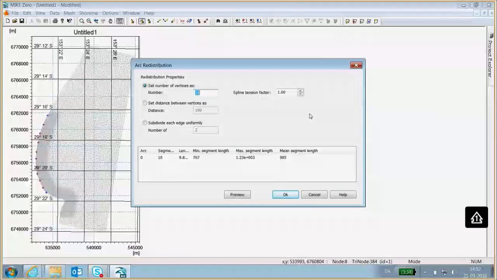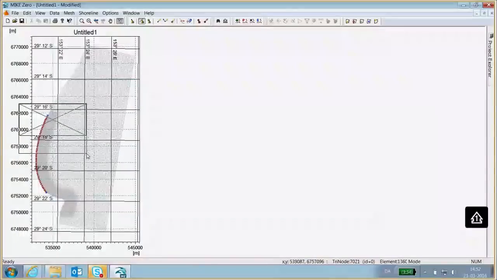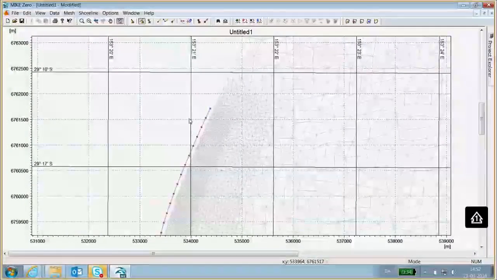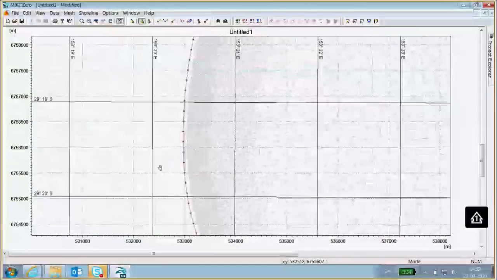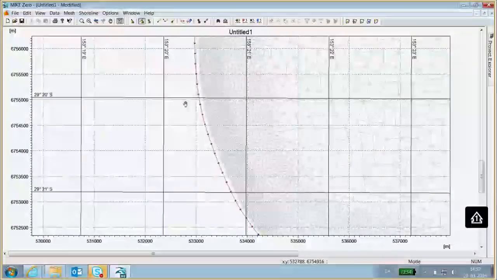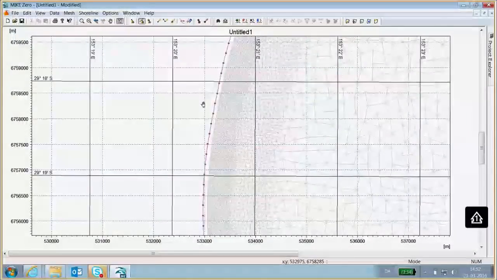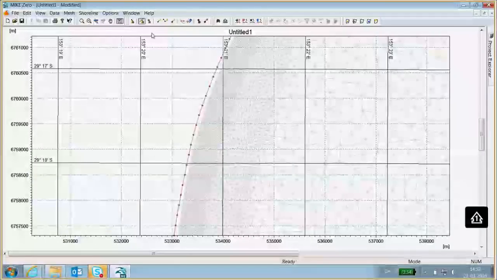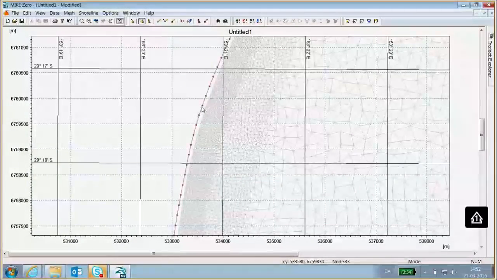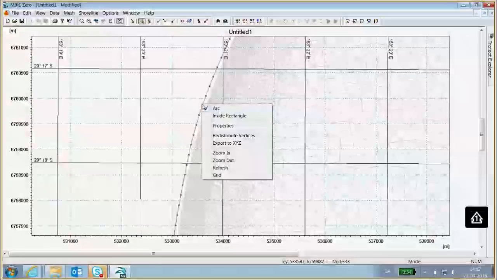So this basically determines the longshore resolution in the shoreline model. So in the present case, I'm just going to select the distance between those vertices as 200 meters and then have a look at it. I think that looks pretty good actually. You can see there are maybe a few humps along the way there because of course it was hand drawn to start with.